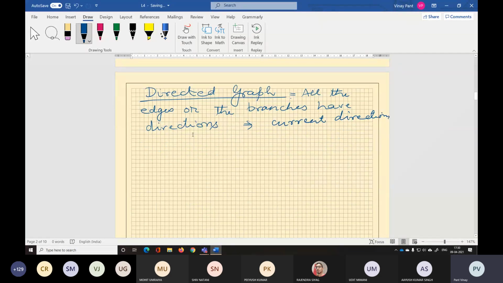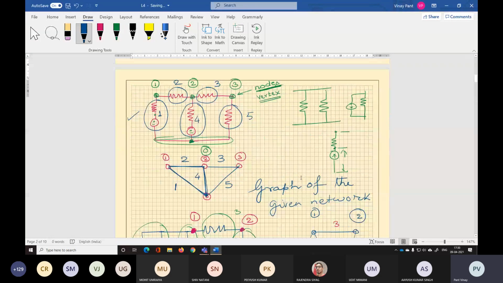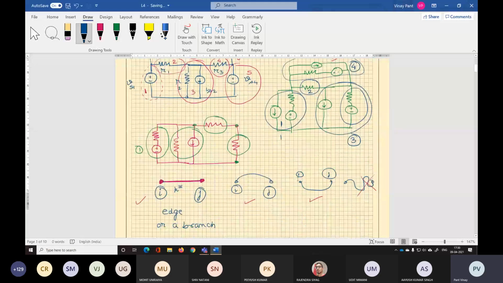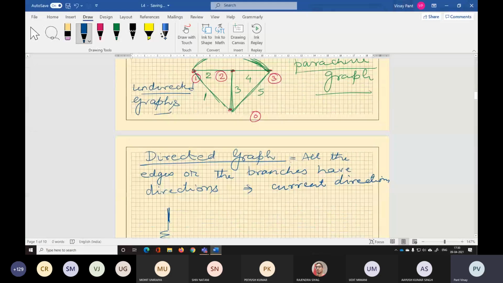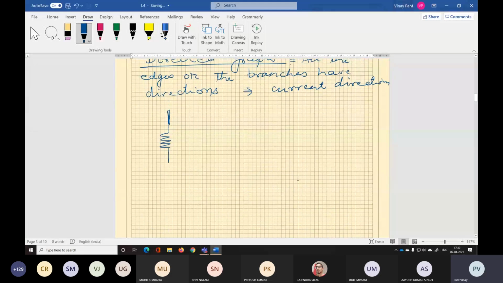Let's take a simple graph. Now let's go back to our general element. In the general element, I have not shown any direction so far.